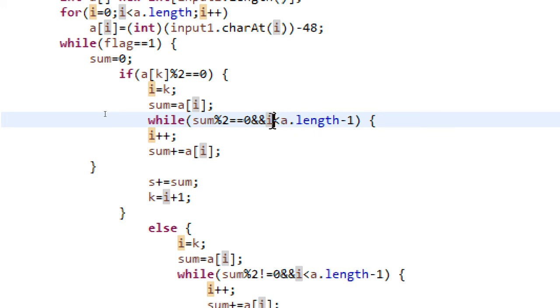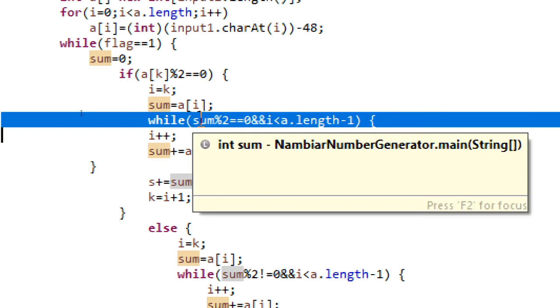If the current index is less than that, as well as if it is == 0, which indicates it is even, then I am continuing, because my intention is to keep continuing until this condition breaks, which indicates the odd is encountered.